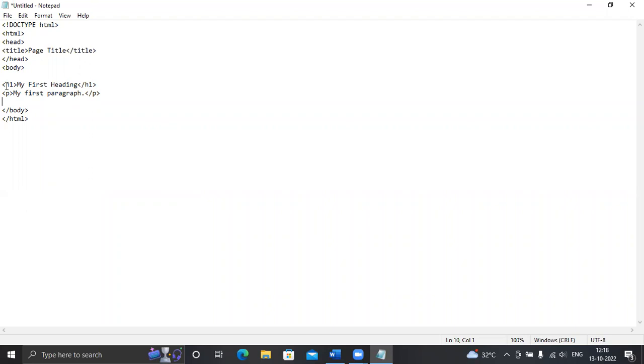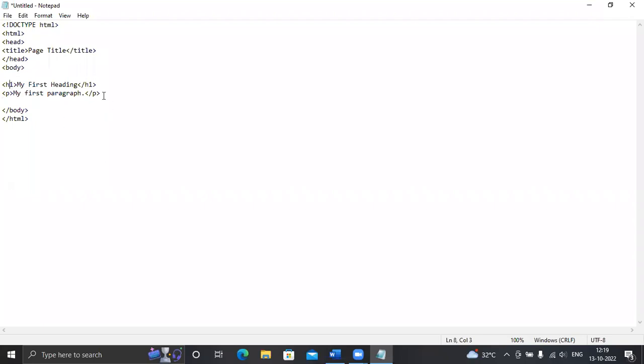The p tag is a paragraph tag. And the h1 tag is the heading tag. There are 6 types of heading tags available in HTML: H1, H2, H3, H4, H5, and H6. Here I am using the H1 tag.